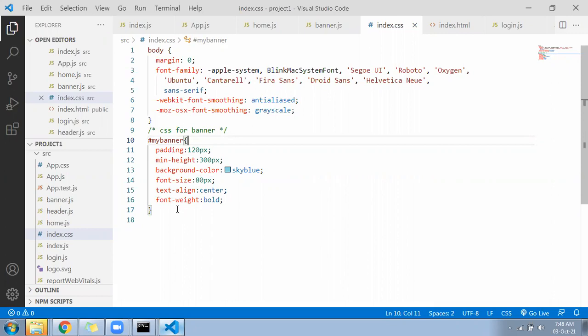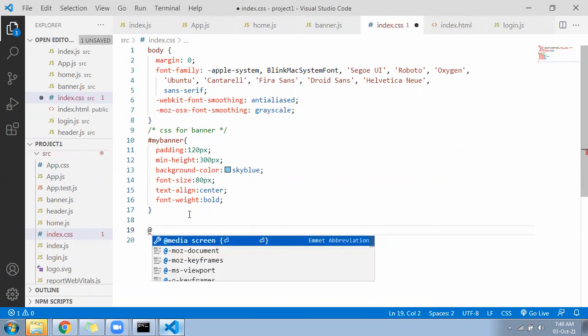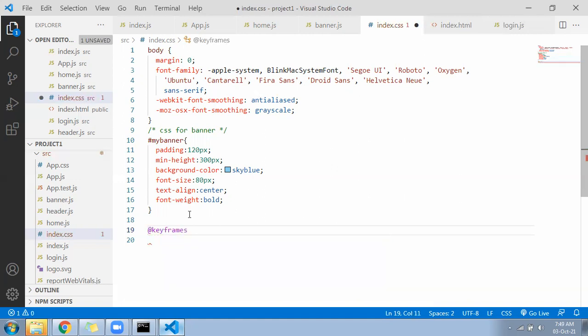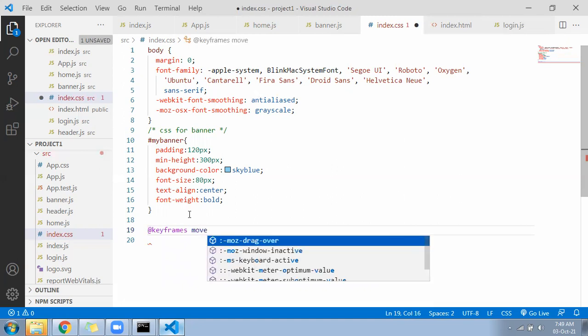Now you write an animation for this. @keyframes move banner.